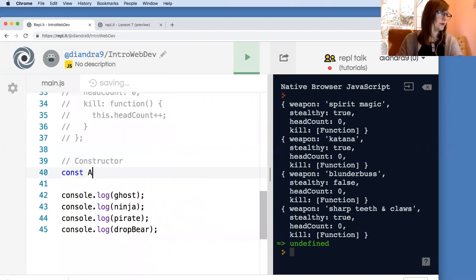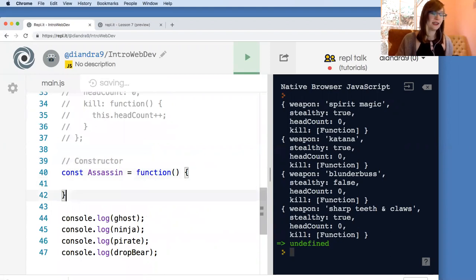Oops, not Ninja. All right, does anyone notice anything slightly different about this? So I've started to create this constructor function. Does anyone see anything that looks a little different from the other functions we've created? It's capitalized, exactly. So it turns out that we can capitalize any function if we want, but this is another one of those